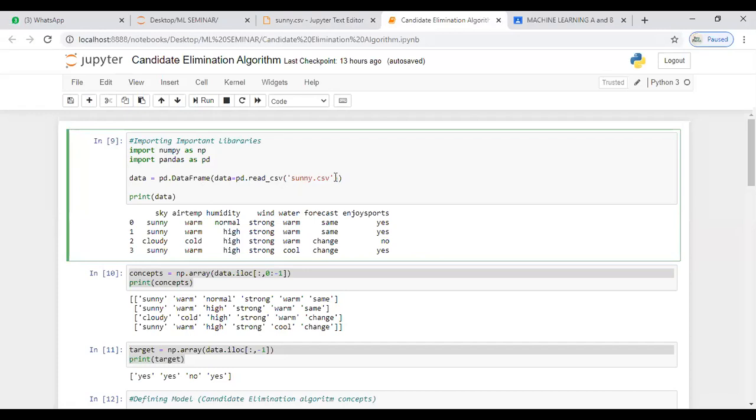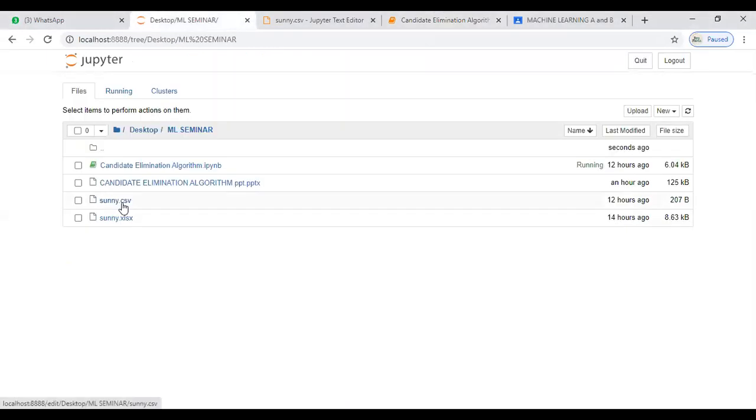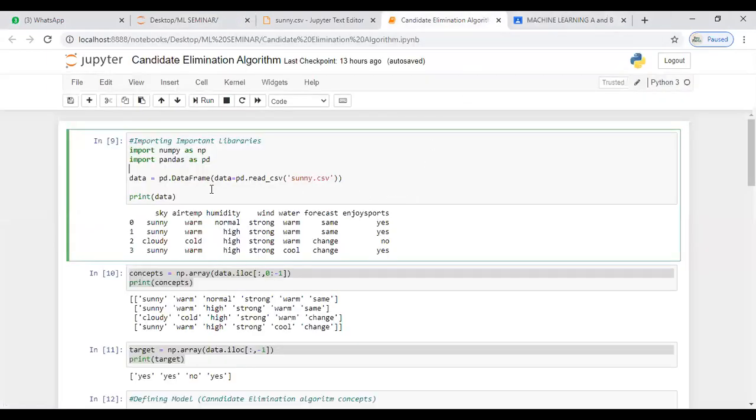So sunny.csv is my file name, what I have saved in my folder. You can find here sunny.csv. So this is my data in the CSV format. Now I print the data.